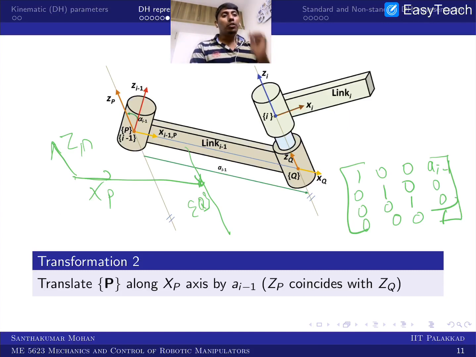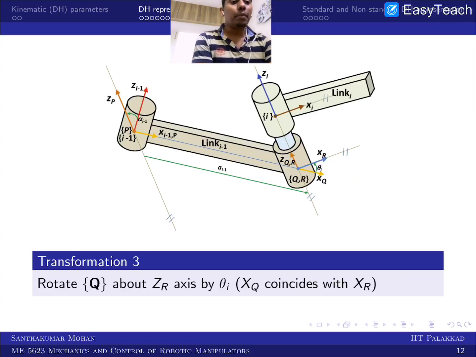Now you can see that q and p are just an x-axis displacement. That's all. Now q and the i frame are in the same line, but a distance apart, and xq and xi are also oriented apart. So what one can think is to see what would be parallel to xi, and try to rotate about this zi axis. Now you will get a new frame, that frame I call R. So now I am taking zr as parallel to zi, and I am trying to rotate xq and make it parallel to xi.